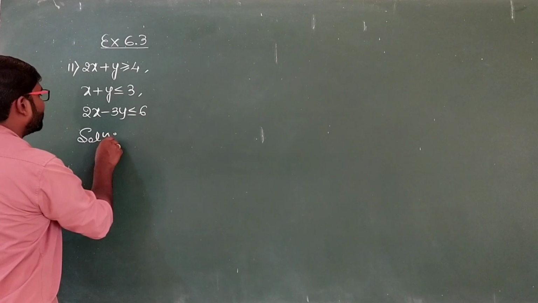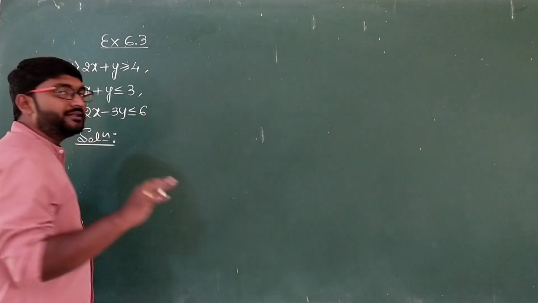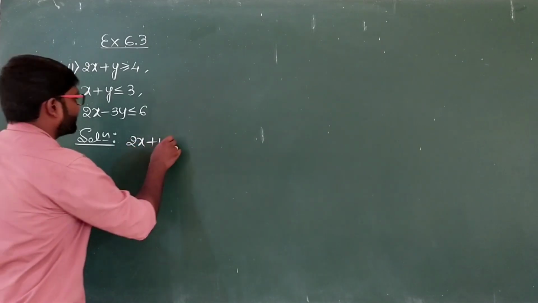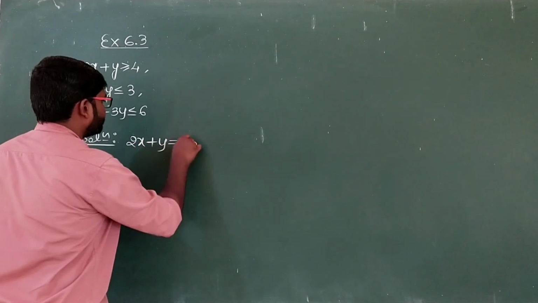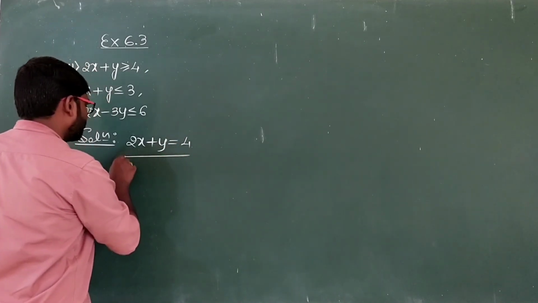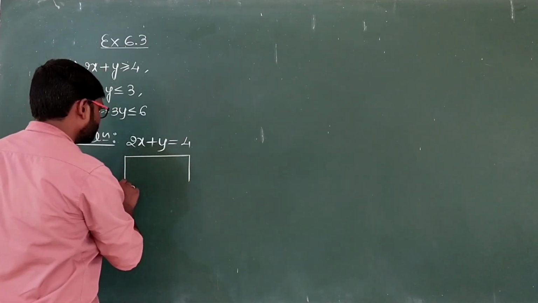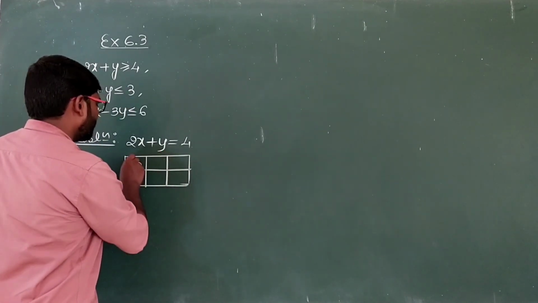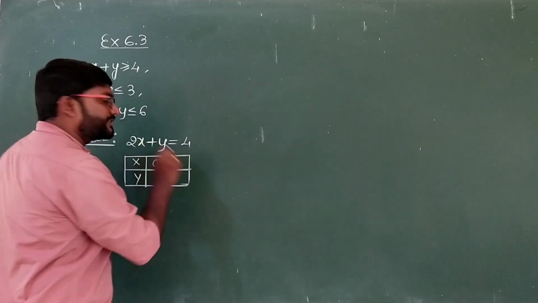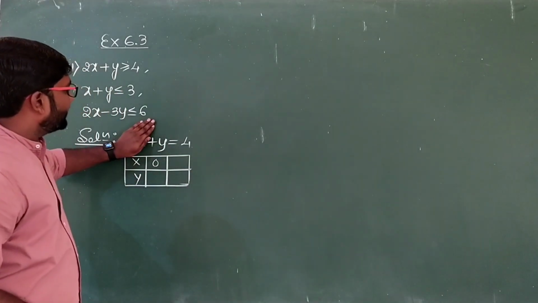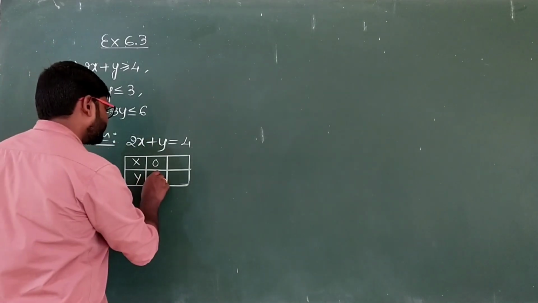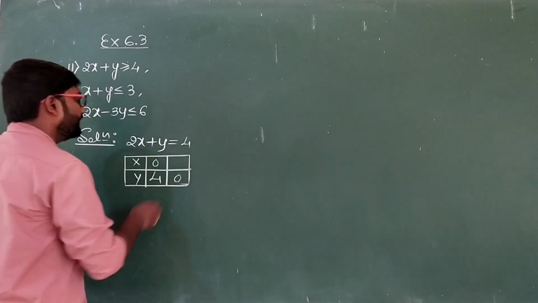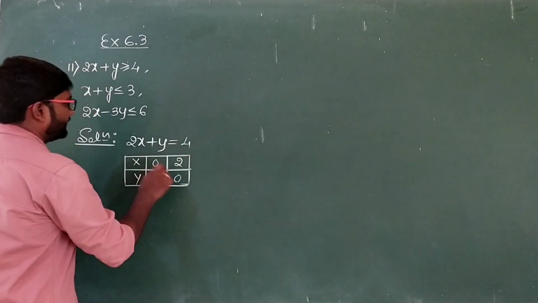We have to remove the inequality sign and write the equal sign and then go for the table. First inequality, it is 2x plus y equals 4. Now for this we will have to write the table. X, y, when x is 0, it will be eliminated, we get y equal to 4. Now when y is 0, what do we have? 2x equal to 4 means x will be 2. So we are done with the first table.